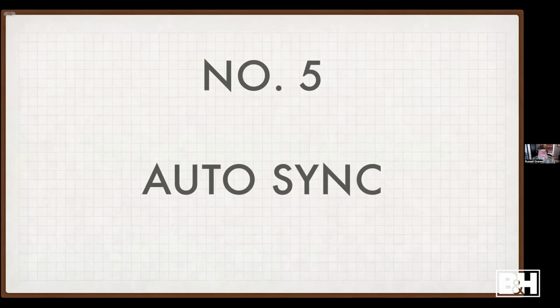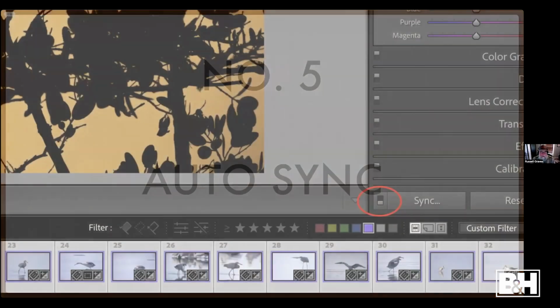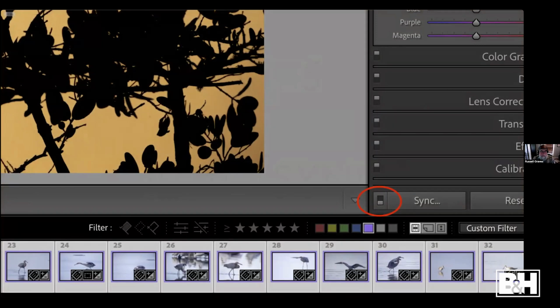And the fifth one is really this auto sync. This auto sync is a great way of just rolling through a bunch of pictures fast, because I'll just go ahead and call myself lazy. Lightroom is getting better every day. If you'll admit it, I'm right about this, but the auto function of Lightroom has gotten so much better over the years, where most of the pictures, I'm not going to say all the pictures, but most of the pictures,